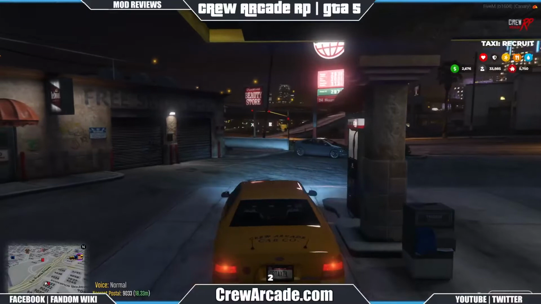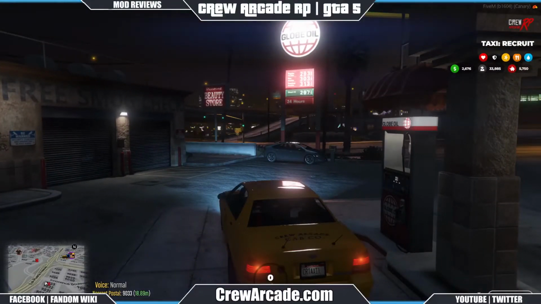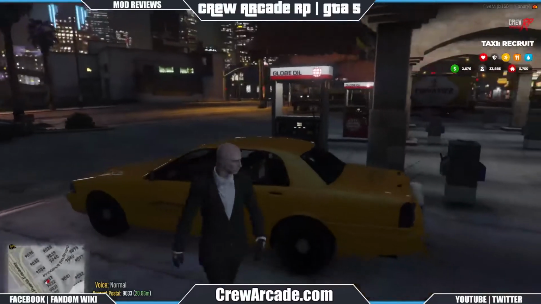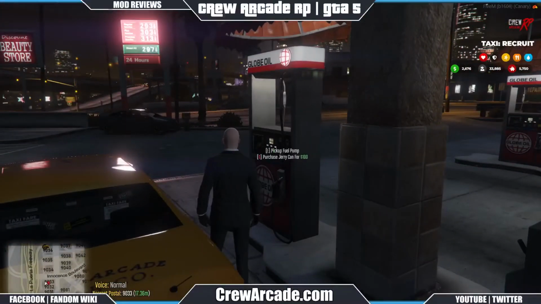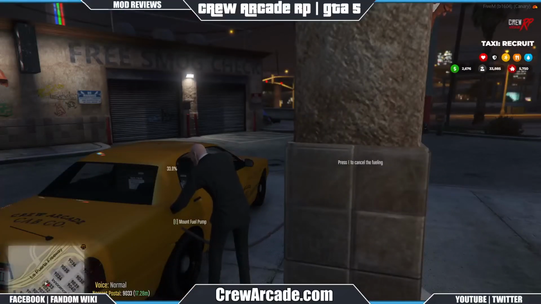You pull up to the pump right here, just like you normally would in your car. Gotta make sure I take my seatbelt off. Got my little message telling me to go look for passengers, but I gotta get some fuel first. I'm going to walk up here, press E, take the pump off the hook, and then put the pump in the car. You can see right there I'm at 36%,